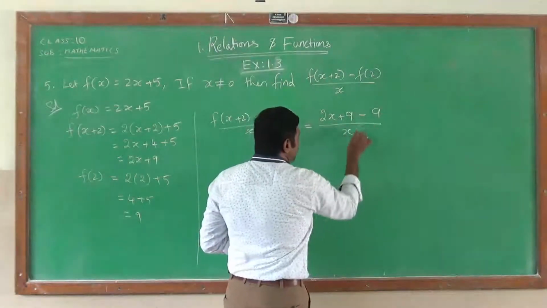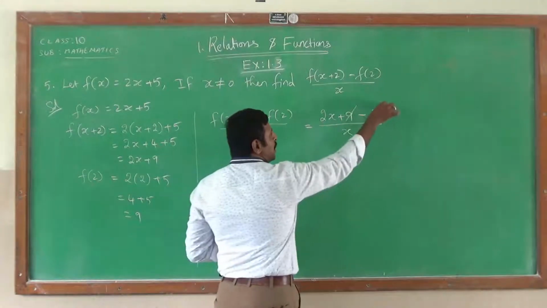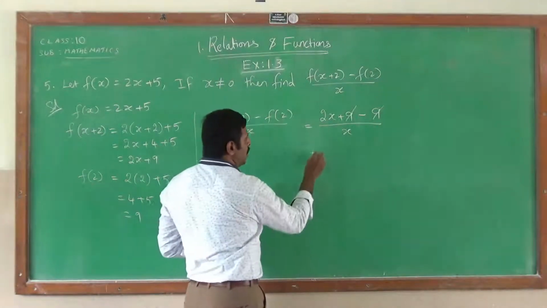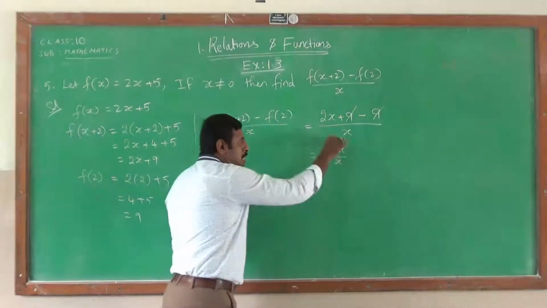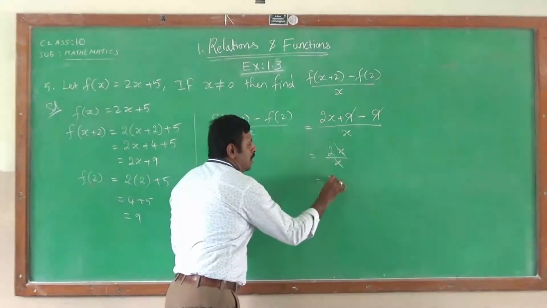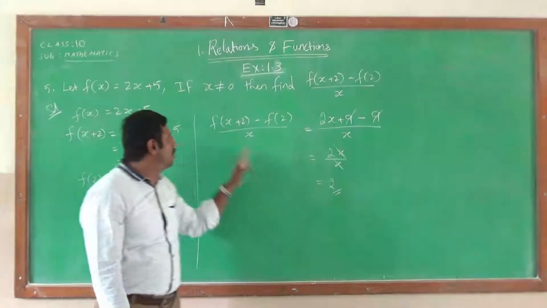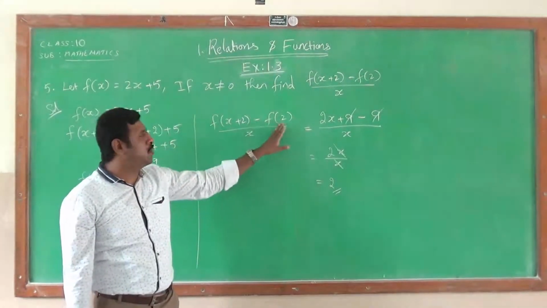9 divided by x. Here plus 9 minus 9 both are cancelled. So we get 2x divided by x. See, here x and x will be cancelled. So we get 2. So the value of f of x plus 2 minus f of 2 divided by x